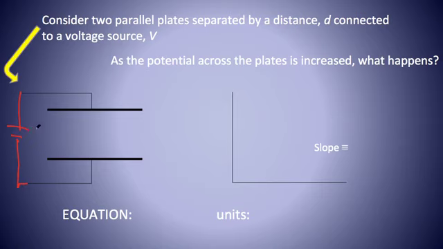So let's say we have a variable voltage source and our initial voltage is 1 volt. Because of the 1 volt we deposit a certain amount of charge on there, let's just say 2 units. And of course, because of induction, we must have an equal amount of negative there. If we decide to crank up the voltage to, let's say, 2 volts, not surprisingly, we will see that we'll have twice the charge. And if we go up to 3 volts,